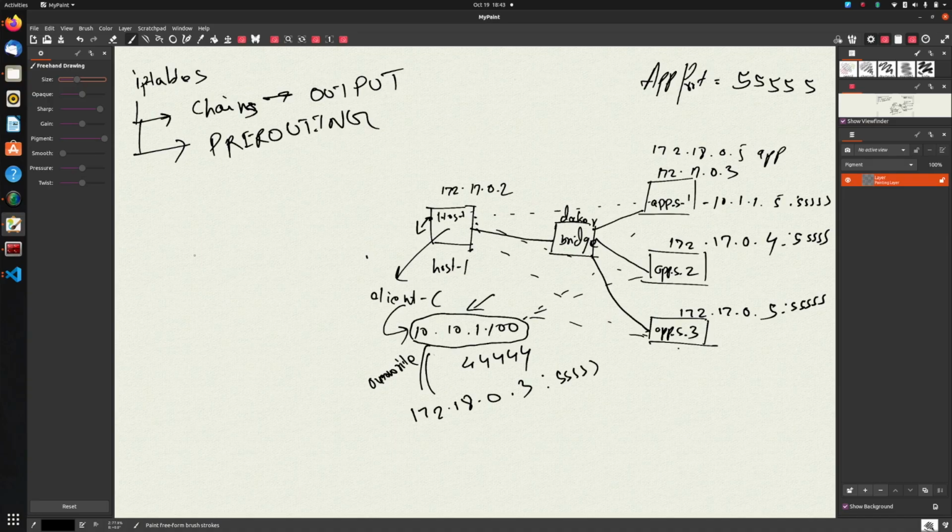The post-routing chain is a hook that comes into picture once the routing decision has been taken. So that gets triggered at a point in time between the packet leaving the box and the routing decision being made, right? I just mentioned pre-routing to show how the scenario changes for a packet generated within the host versus a packet incoming to the host. That's where the output and pre-routing chains come into picture. But since in our case the packet is being generated within the box, we do not have to care about pre-routing, we only have to care about the output chain, which means just when the packet has been generated.